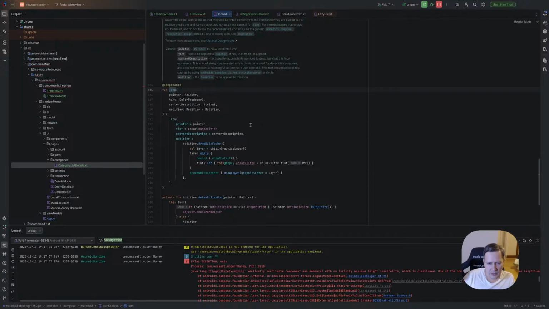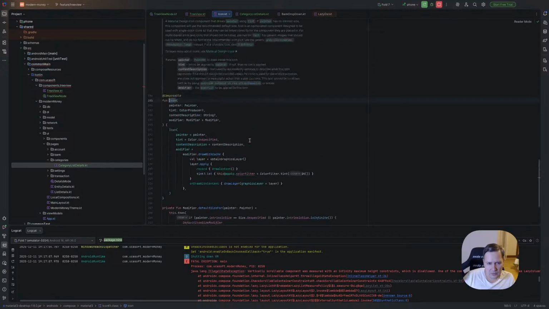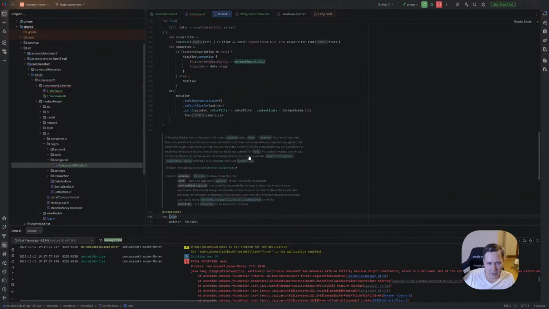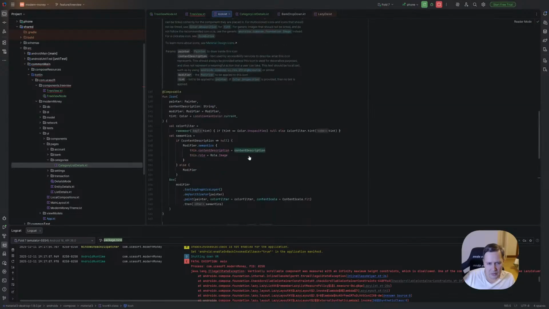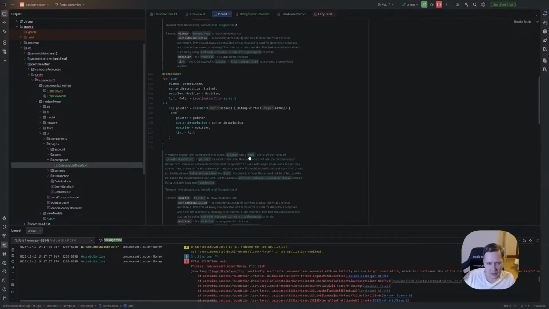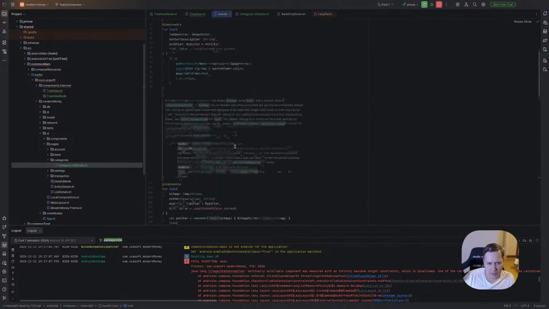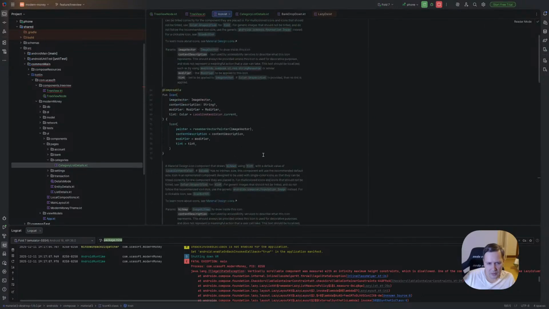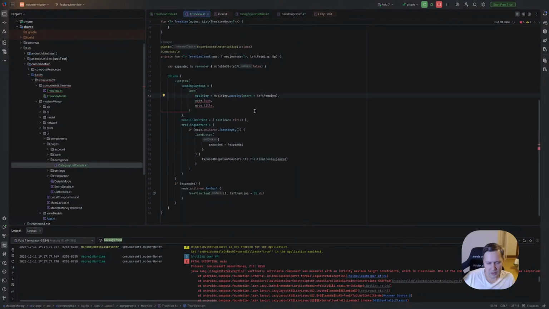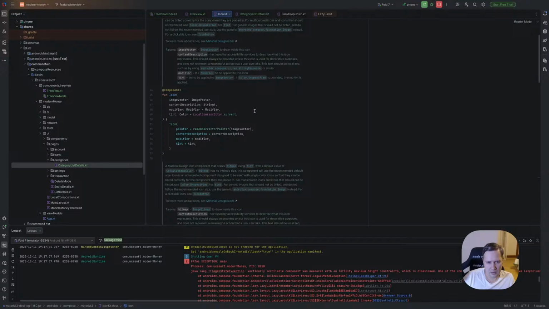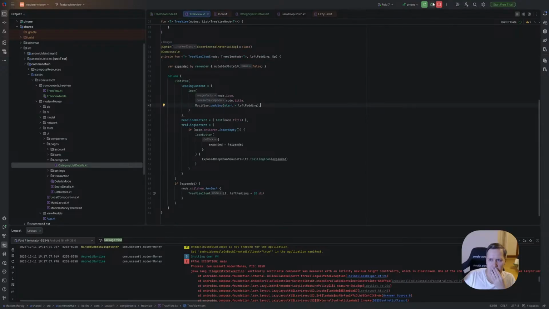So modifier only for pointer. No, we have it for bitmap and for image vector. Okay, just like the last one. Yeah. Okay.